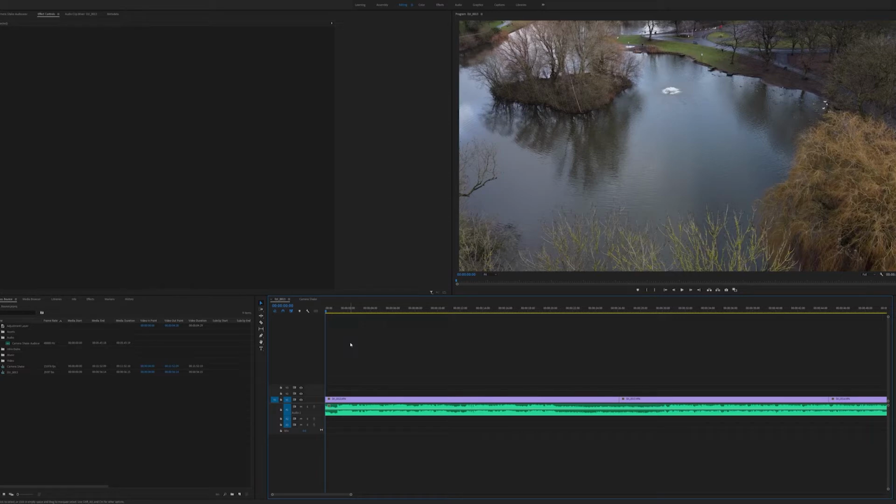Okay, so now that we've got our clip in place on our timeline, we've got our music and what have you, we just need to run through it just to see whereabouts roughly we're going to put our visual effects. So let's do that now.